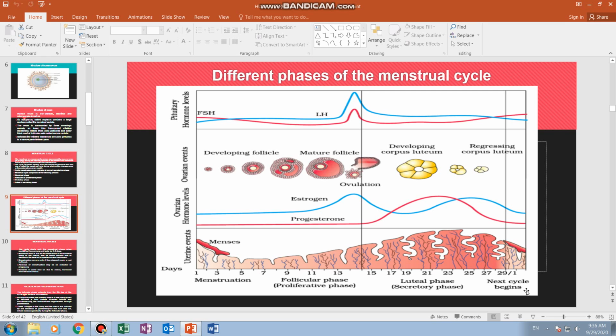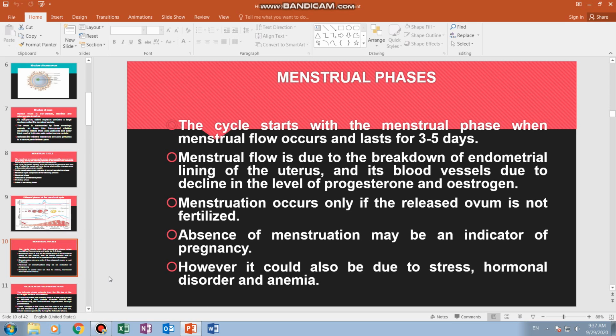If the egg is fertilized, the fertilized egg gets implanted into the wall of the uterus and the endometrium. It develops well. So both the uterus and endometrium help to manage the development of the fetus. All the other developmental processes also occur inside the uterus so that the fetus is maintained well. If the egg is not fertilized, it leads to menses again, that is, the menstrual phase starts again. So this is all about the different phases of the menstrual cycle.